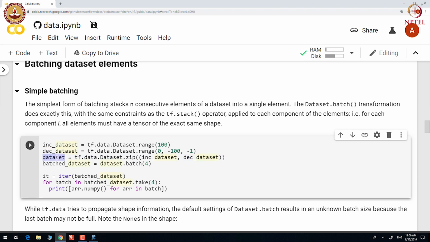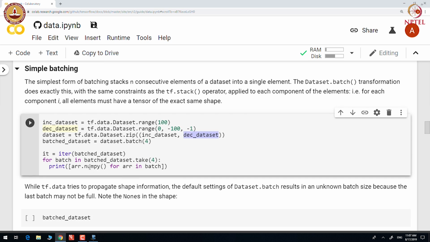We construct a new data set by zipping both these data sets, and we construct a batch of 4 elements using the batch transformation, and we call that data set batched_dataset. Let us iterate over batched_dataset and see the elements in it.